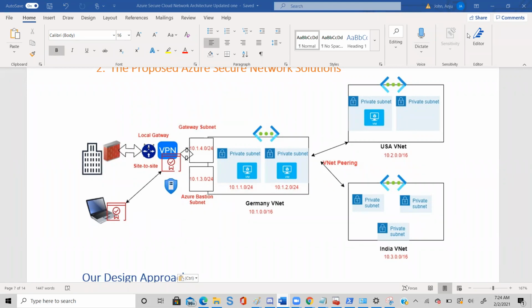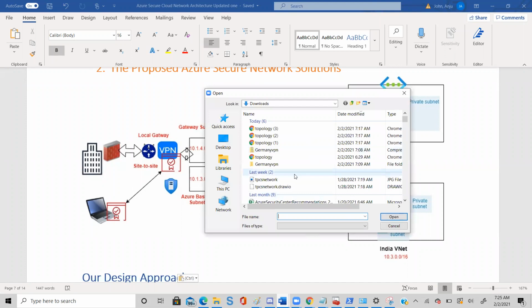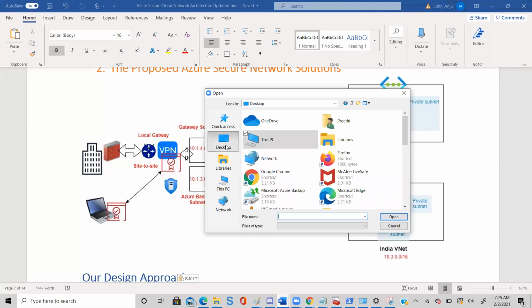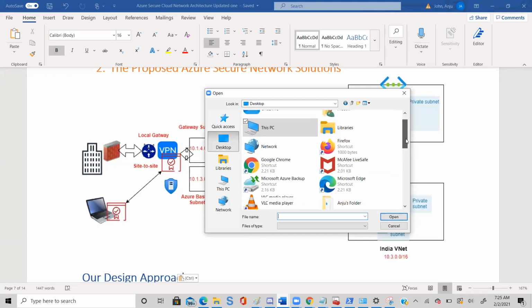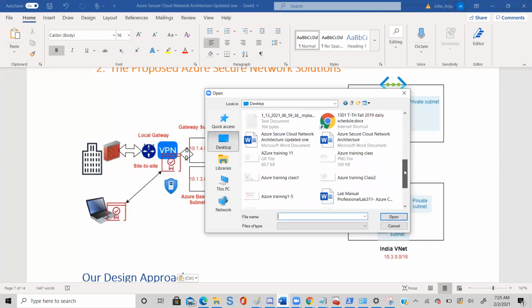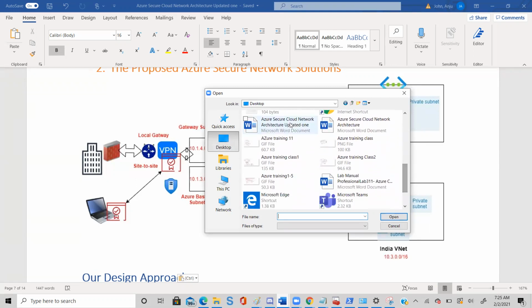Go to my computer, this PC desktop. Scroll down, you will see your file. Yes, this one, the updated one. Just click open.